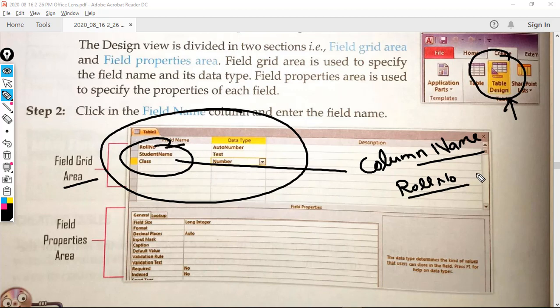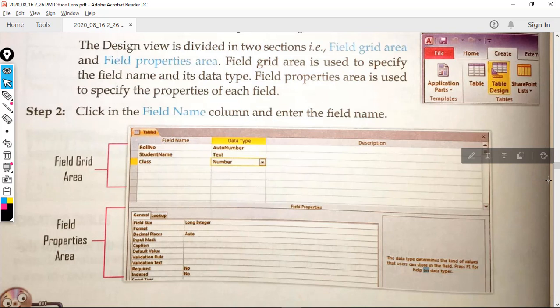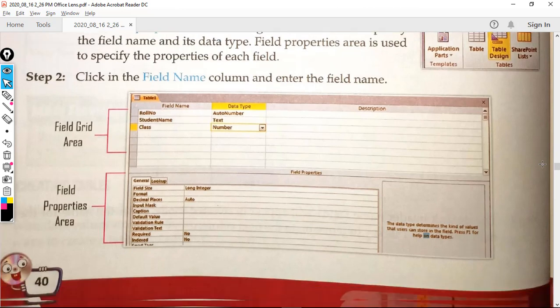And after defining your column name, next you have to select your data type. So always keep this thing in your mind that whenever you are working with a table, first of all you have to enter your field name and then you have to enter the data type also.